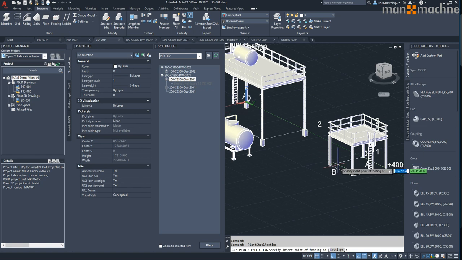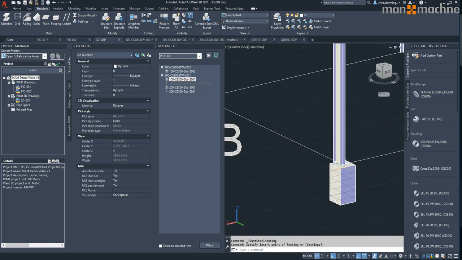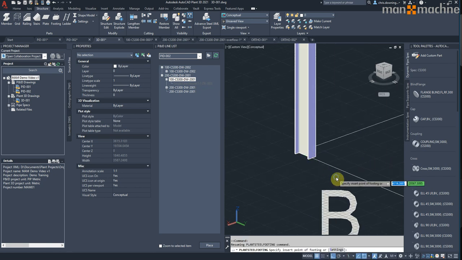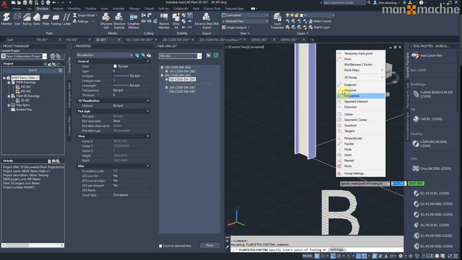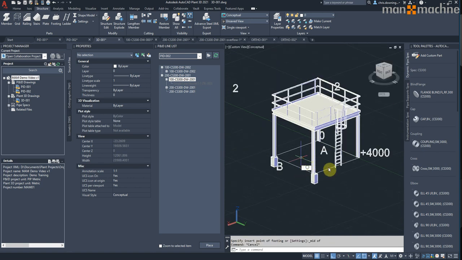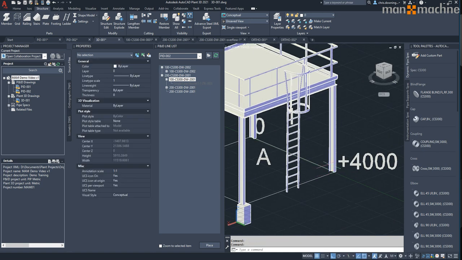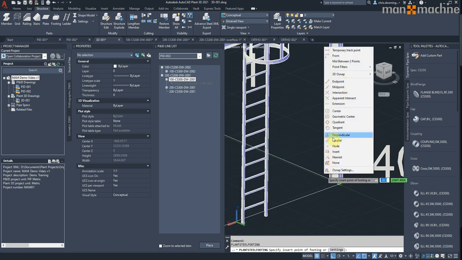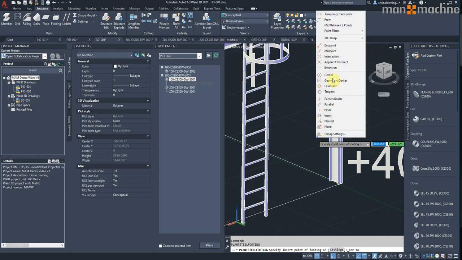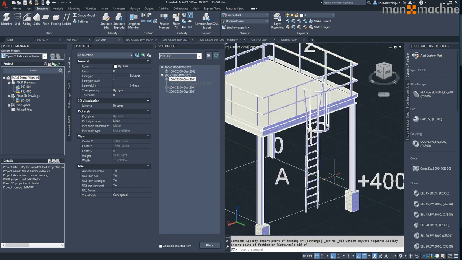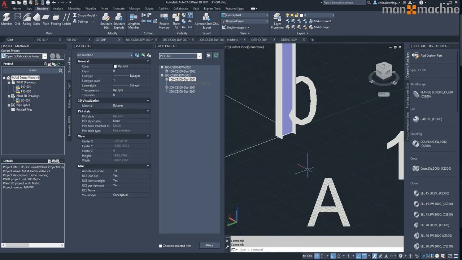There's some footings, maybe stick some footings on. Yeah, stick some footings on. Maybe use the midpoint instead. Midpoint, there we go. Yeah, so you can see how easy it is to build up a nice structure. And again, it's just really to give you something to guide yourself around when you're creating your 3D model for your plant. It's not there as a fabrication tool for structures,